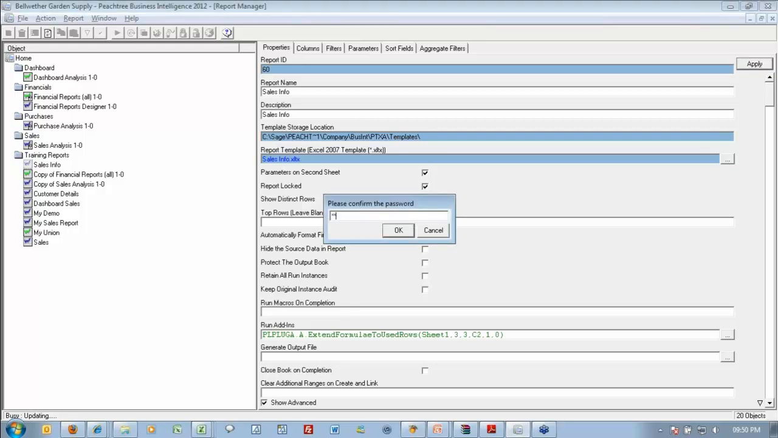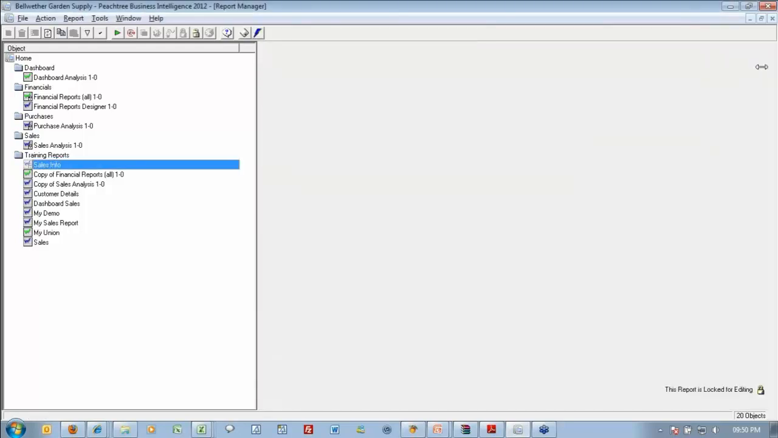Confirming the password, 12345. When your screens update, you'll see that I don't have access to any of the properties of the report. I can run it. If there are parameters, they'll pop up, but everything else is locked. So if there are companies out there that are really worried about people changing things as far as the reports,